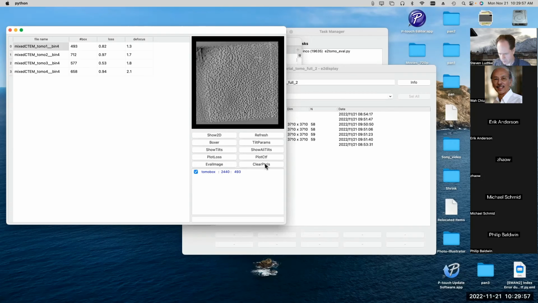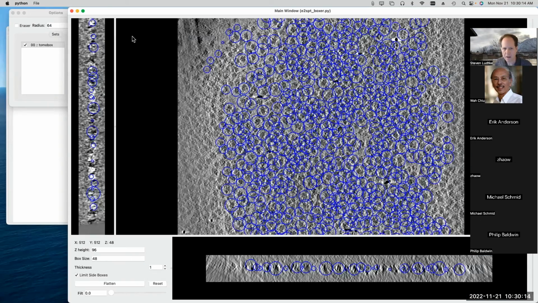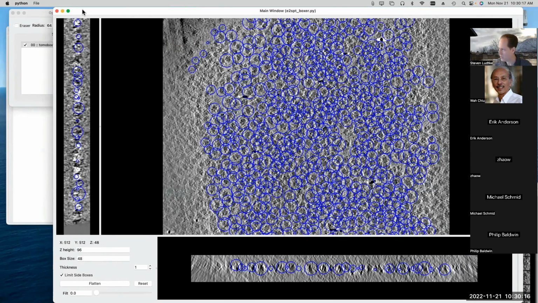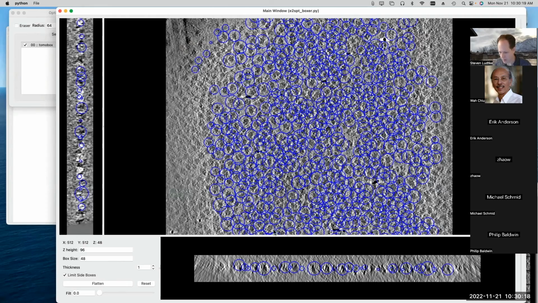Anything else? Yeah, so if you say show 2D, that's equivalent to going to the browser and doing a show 2D there. This is just a nice shortcut for that. Let's go ahead and just run Boxer really quickly. We're already going to see the boxed out particles here because, again, I copied the info file that has all the particle locations in it. But we'll see that opens up a couple of windows here. The reason I'm doing this is just so you can see that